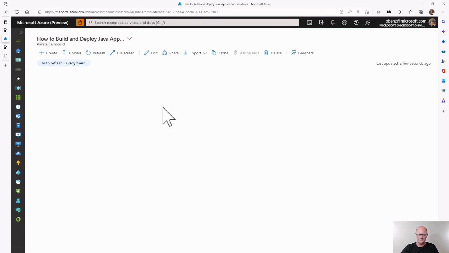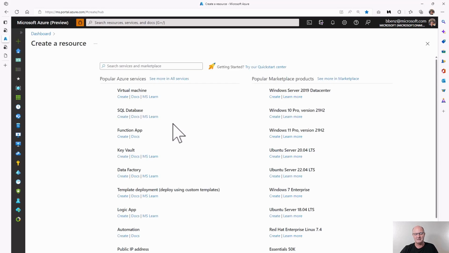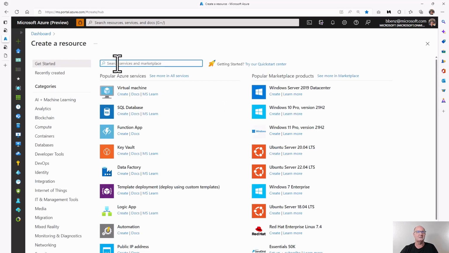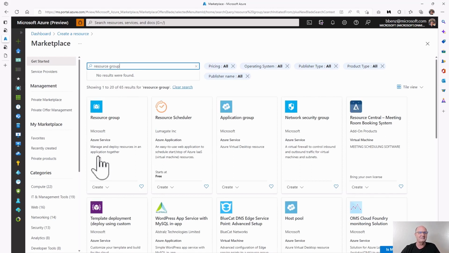And what we're going to do now is create a resource group. So let's go in and find the resource group and create that. To do that, you just hit the little plus. I'm going to use a combination of the portal and CLI commands today, running in that WSL that I showed you earlier. So let's go ahead and find this resource group. So basically doing everything live for this. There it is, create resource group.